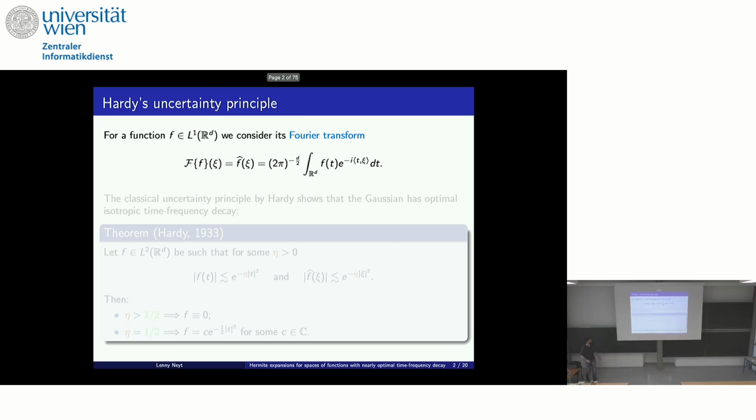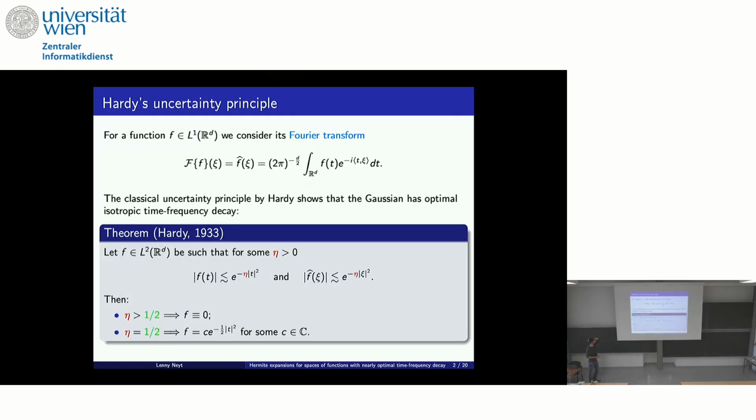Okay, let's just first fix constants. I'll define the Fourier transform in this way. And then we have the classical result from 1933 from Hardy. I've been a bit sloppy because actually I put it in multiple dimensions, but he showed it in one dimension. If you remember in the previous talk, where you had the A and the B, which measured differently in the time frequency decay,